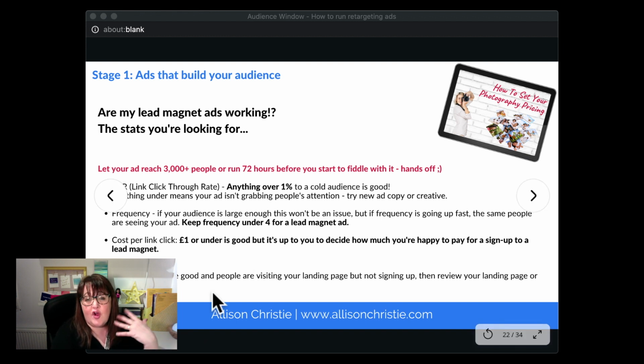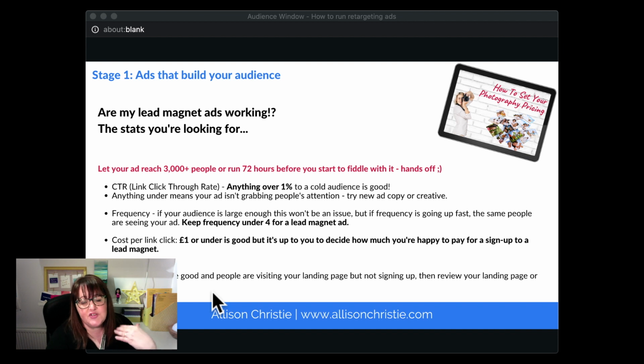Now, if all of your Facebook stats are looking good, people are visiting your landing page, you have a good percentage of people clicking through, but they're still not signing up, then that's a signal that your landing page is what needs attention. Is your website loading slow? Is the sign up process more complicated than it needs to be? Is it easy to sign up on mobile? All those kinds of issues. See if you can iron out anything there, and then see if your landing page sign-ups improve.